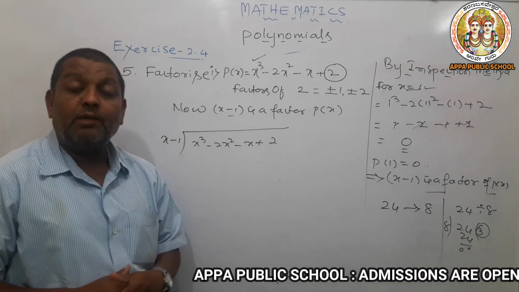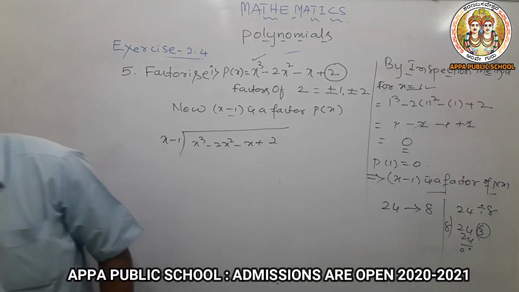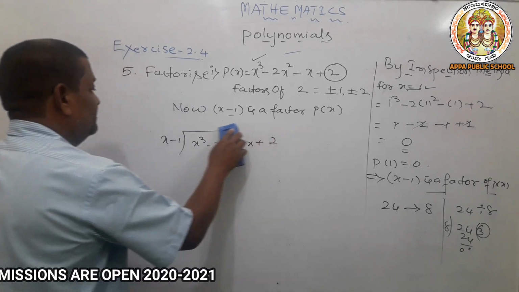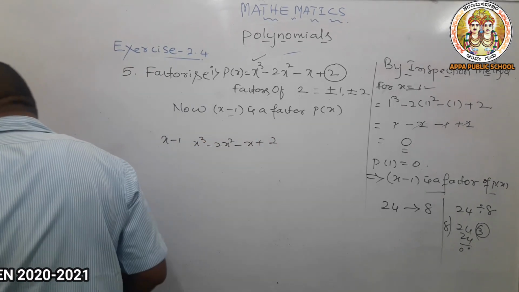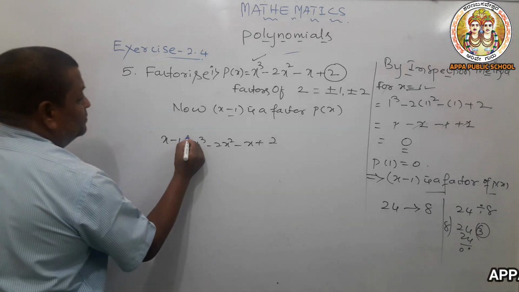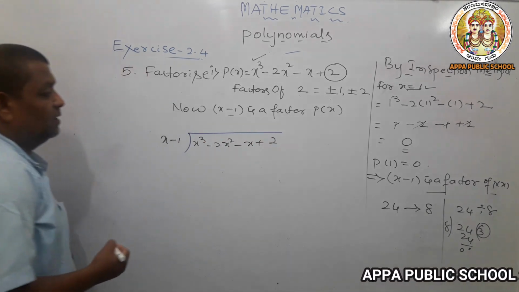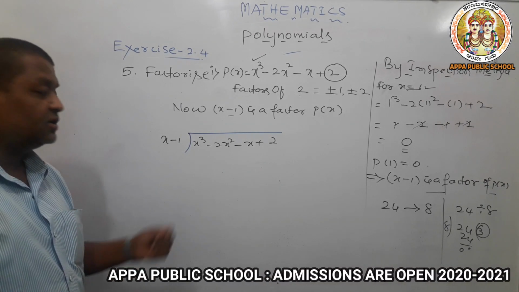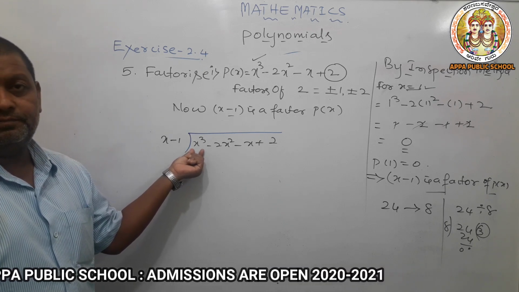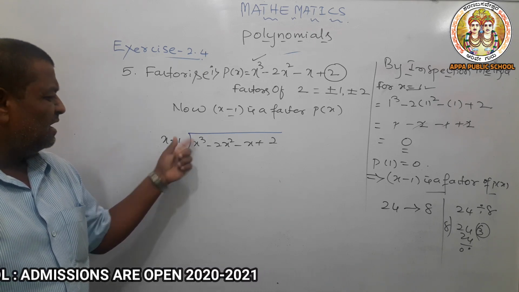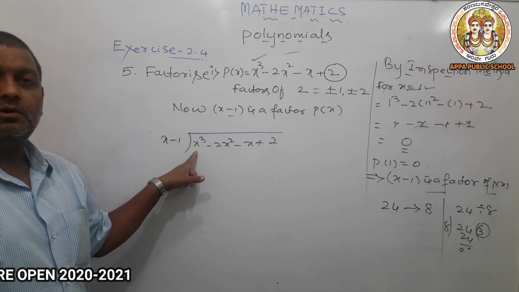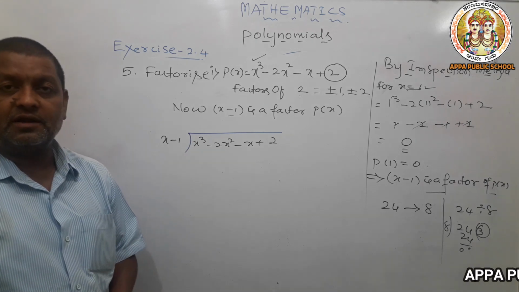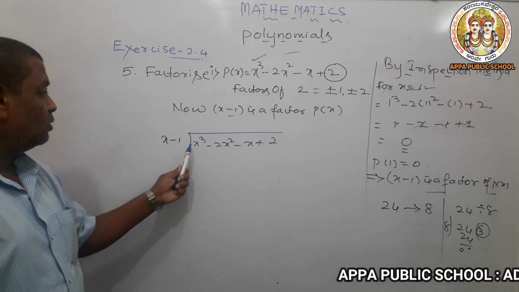Now I am going with one more important method, that is the long division method. Before going to it, let me tell some important things that we are using here. In the long division method, at any cost, we need to remove the first term of the given power. We need to delete this. Unless we delete this, the sums will not go correctly. Then the question will come: how to delete this?